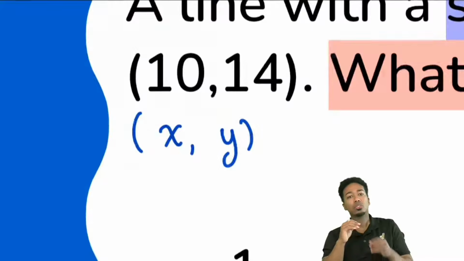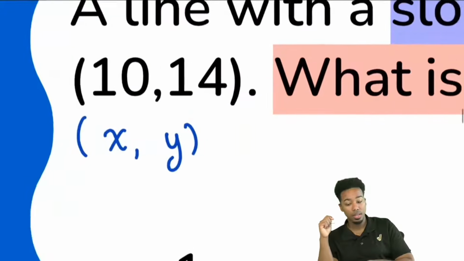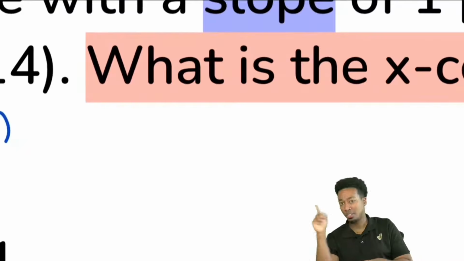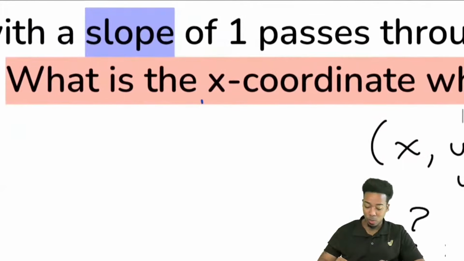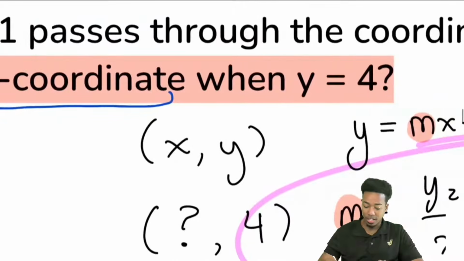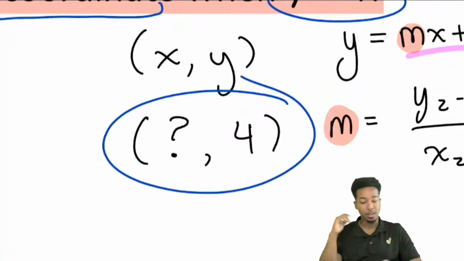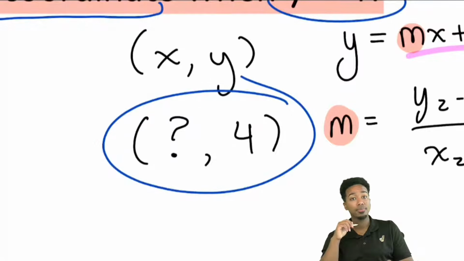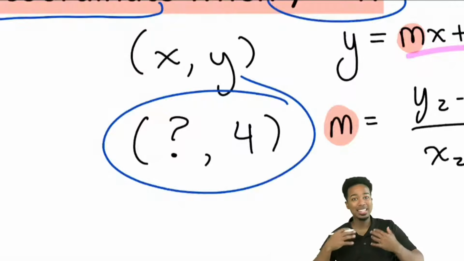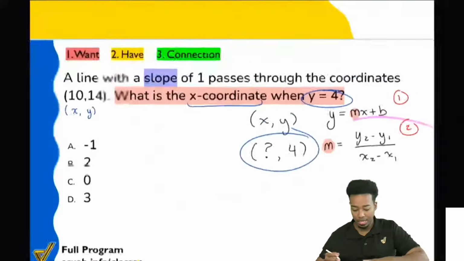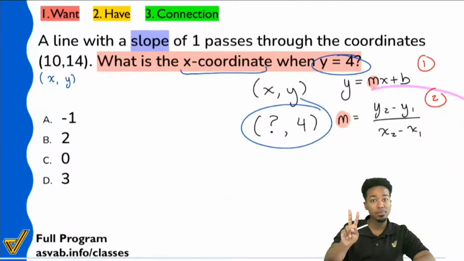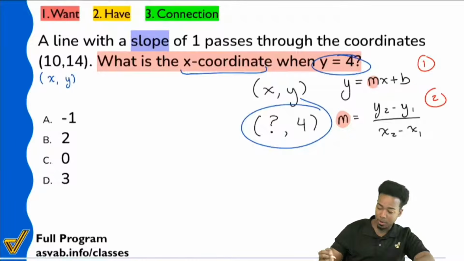Absolutely. So what we need to recognize is that we have one coordinate here, and the question itself, look at the red, tells you, what's the x when y is 4? The way I wrote it down earlier, right here, that's another coordinate. And so what I can happily mark down is that we are given 2 coordinates and we're given the slope, and we have to find one piece of information.